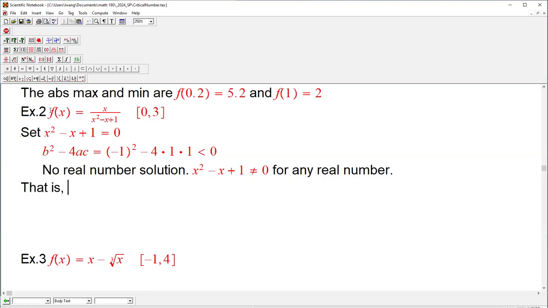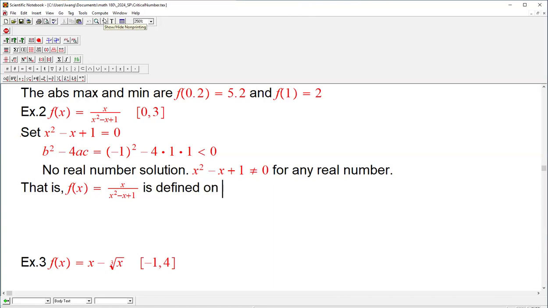That is, the domain of this function is defined on all real numbers. All real numbers. And as a result, when we only look at this interval,